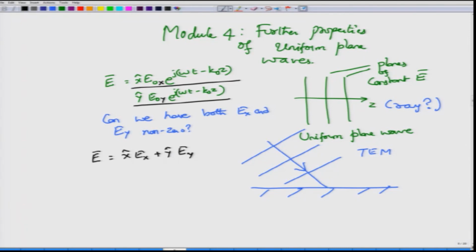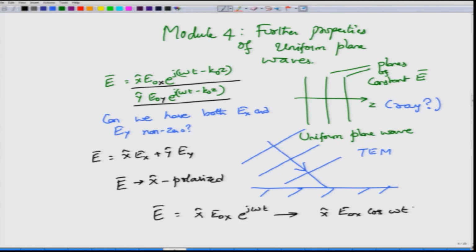In a simpler case, if I have an electric field entirely along the x direction, I call this wave an x polarized wave. Polarization in this context means orientation. Take the first equation: there is no y term, and further if I consider the case where k0 z is equal to 0, then the electric field is given by x hat E0x, E0x being the amplitude of the x component, times e power j omega t. Of course, in the real case this would be x hat E0x cos omega t.